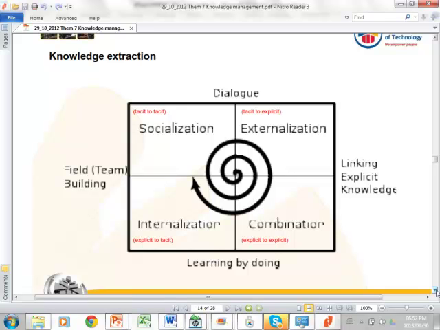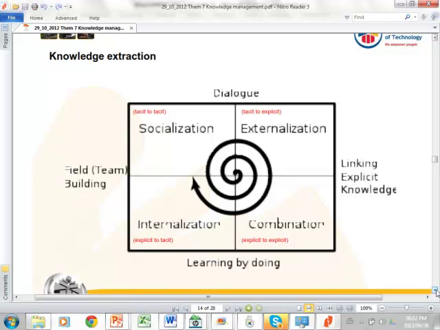And that is tacit to tacit, because it's because of socialization. Right, because everybody else is doing it, so I'm also going to do it. But I don't really know why I'm doing it. But, you know, everybody around me is doing X, Y, Z, so I'm going to do X, Y, Z. And that's how our teens learn.